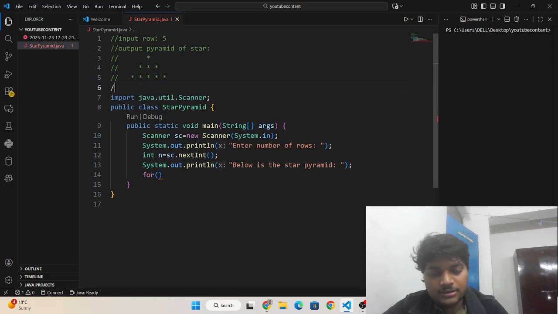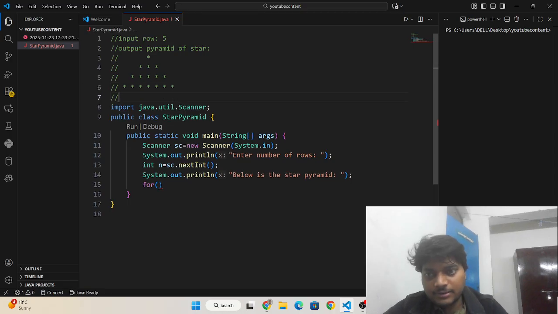In the fourth row it will be 2 into 4 minus 1, means 7. And then in the fifth row it will be 9.